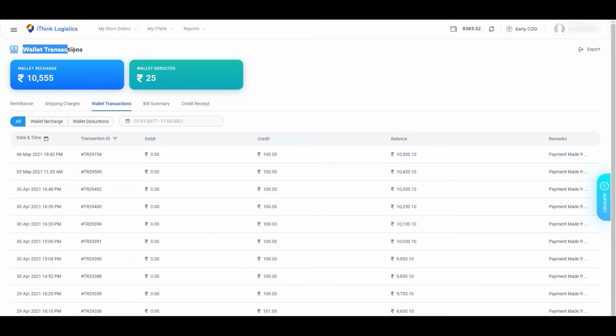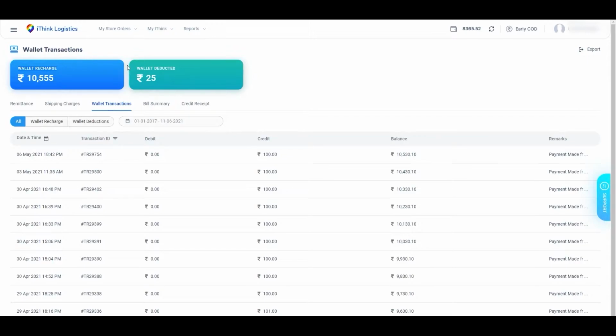Now, your screen will have a widget of wallet transactions where there are two types of information available. All the information of your transaction that you have done in iThink Logistics wallet till date will be present here. Wallet recharge: in this section, you can verify all the history of online and offline payments which have been credited in your iThink Logistics wallet.